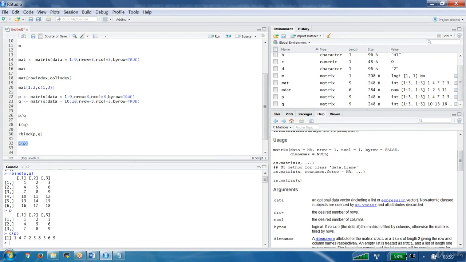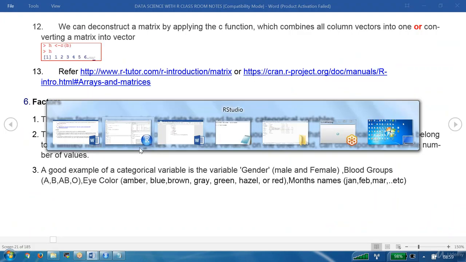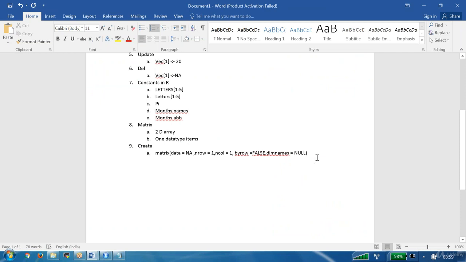We keep on working. Automatically, some of the things will be fed in. Don't try to remember the things. Rote learning is not at all required. Are you getting my point? Keep on practicing, and automatically some of the things will be fed in. And if you want something new, you can go to the help and see the syntax. Got it? Right.